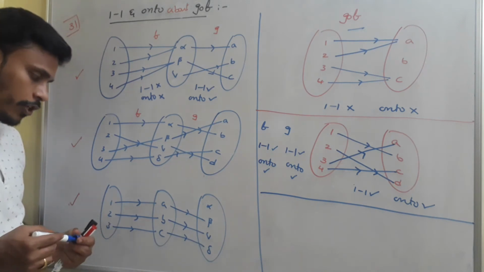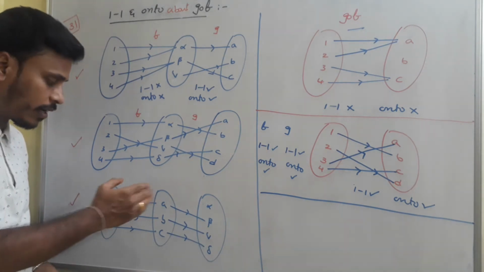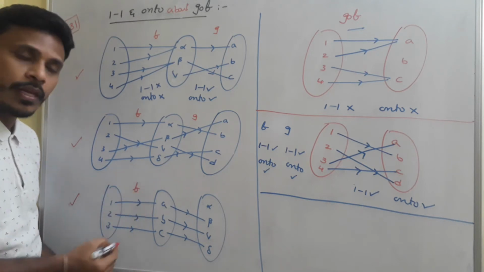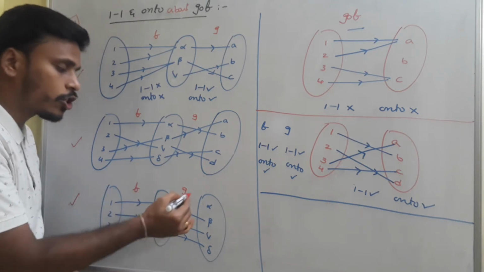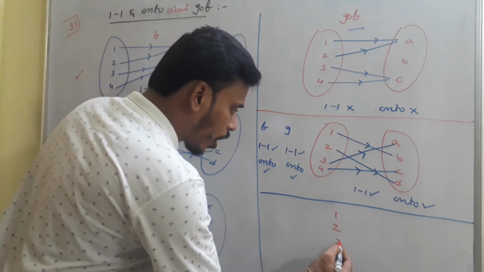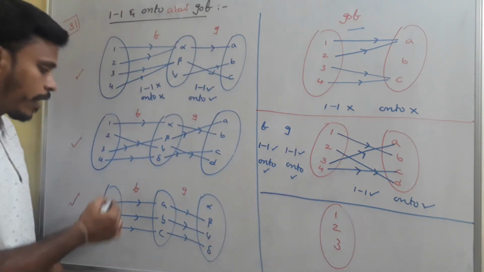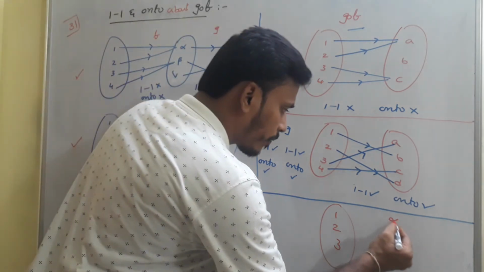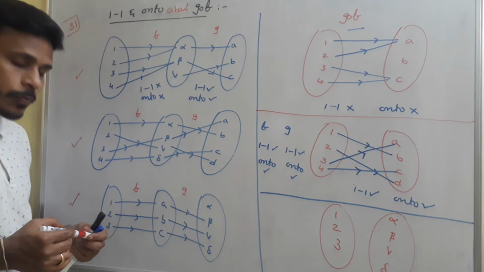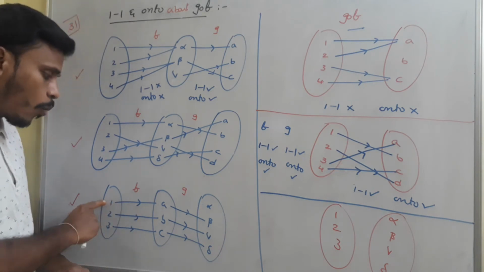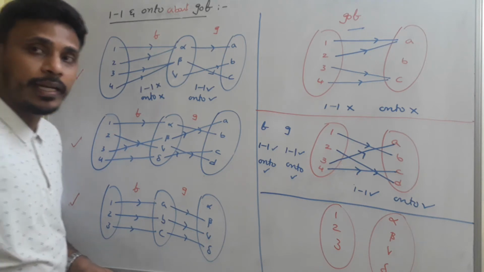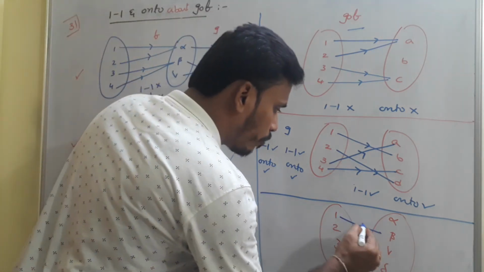I have another situation where we connect again. See, F just connects the first set 1, 2, 3 to ABC, and G connects the second set ABC to alpha, beta, gamma, delta. So now we need to construct first set to the last set. First set with the elements 1, 2, 3. Last set with the elements alpha, beta, gamma, delta. So as per the definition we need to connect 1 to A to beta. So 1 to A to beta. So we need to connect 1 to beta.